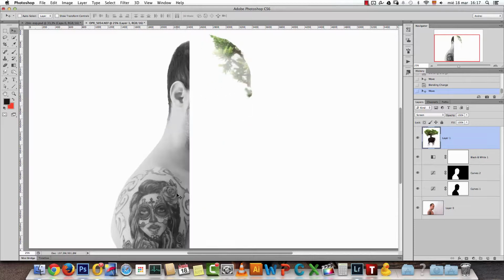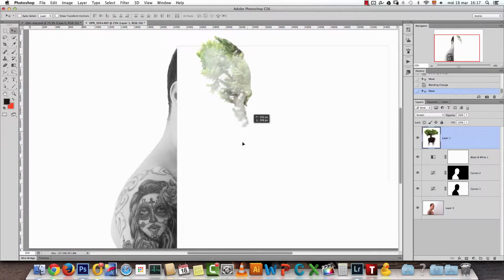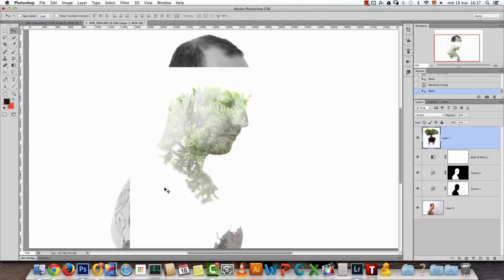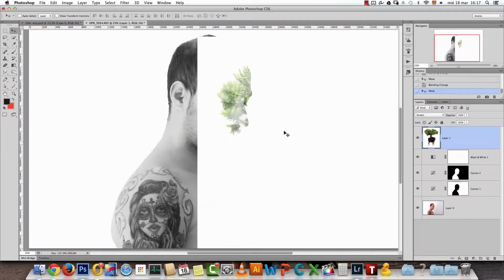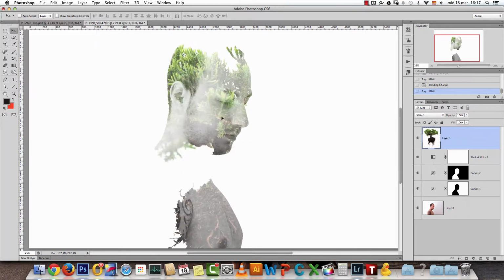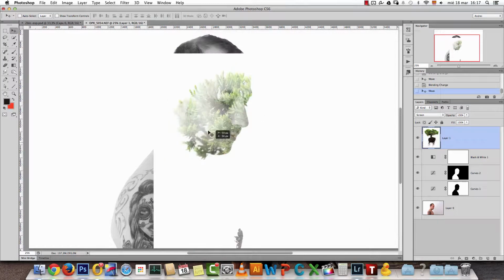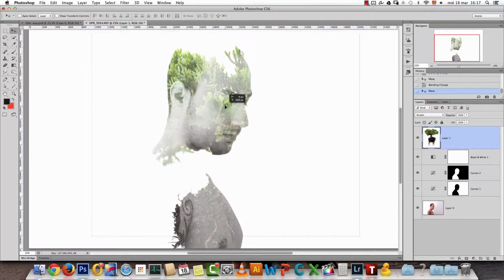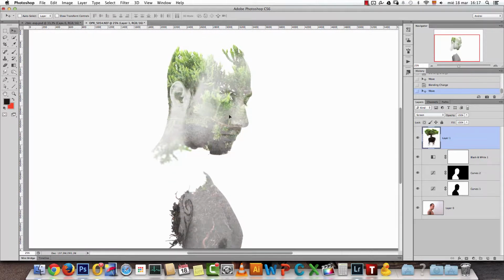So you can see, for example, here on the tattoo, it's dark, and you can see the tree is very visible there. But here, where we have no ink from the tattoo, it's not that visible. And also here the bright background of this tree layer is where my portrait is not visible. Okay, so that's why we get this strange effect.